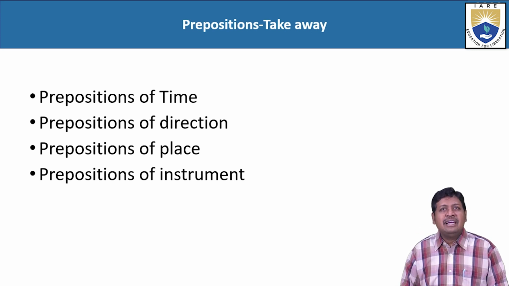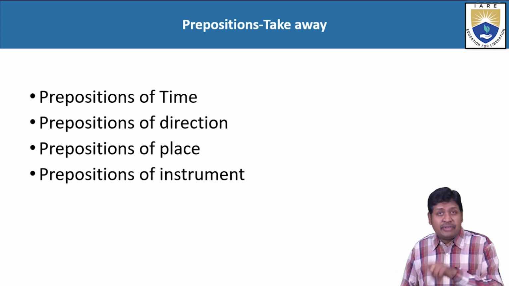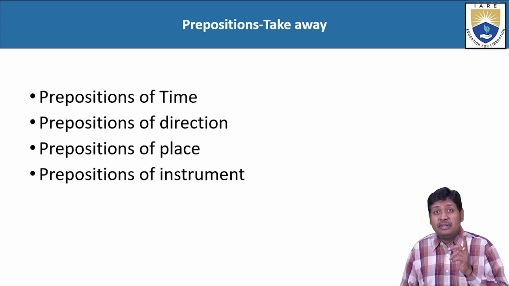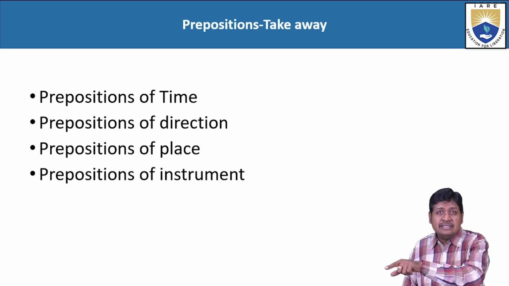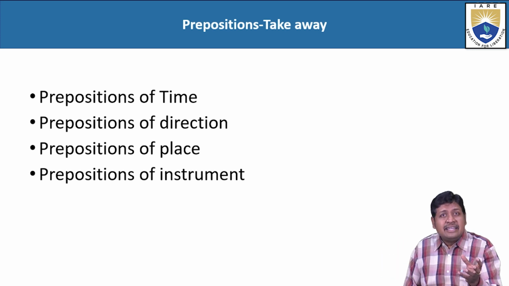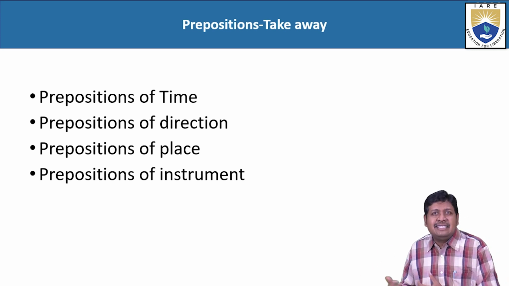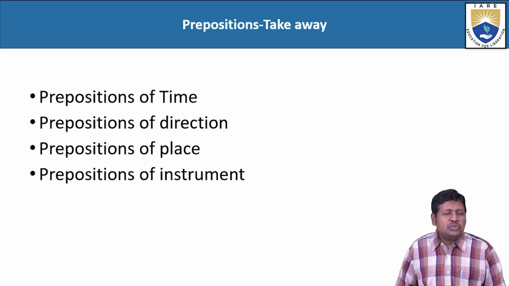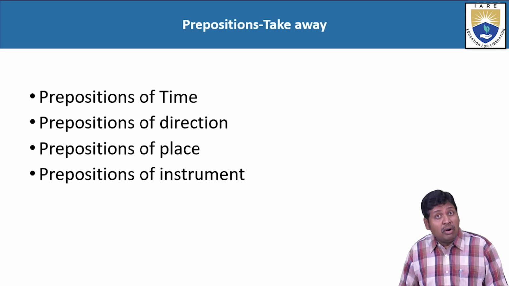In the same fashion, died of and died in. He died of cancer, he died in an accident. So died of, in the case of serious sickness or illness, some terminal sickness like cancer or AIDS: died of AIDS, died of cancer. Whereas in the case of, for example, road accidents, he died in an accident. Likewise, there are very interesting, but at the same time very important things that we should remember in the case of prepositions.